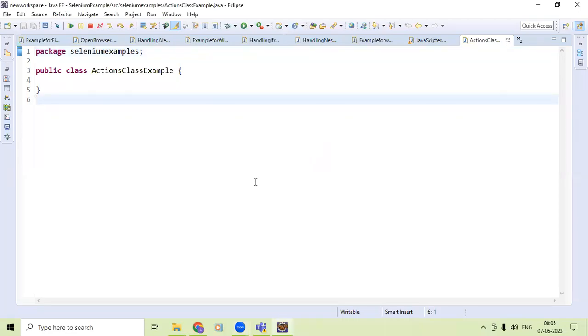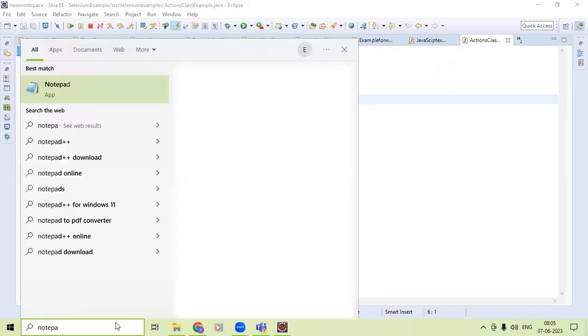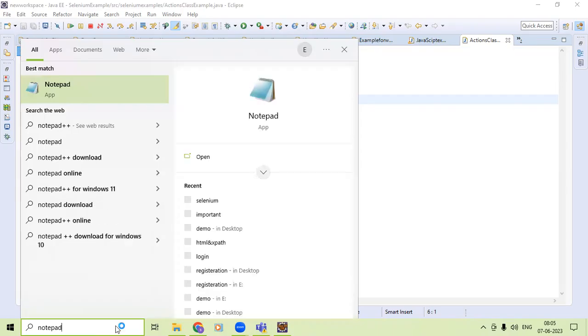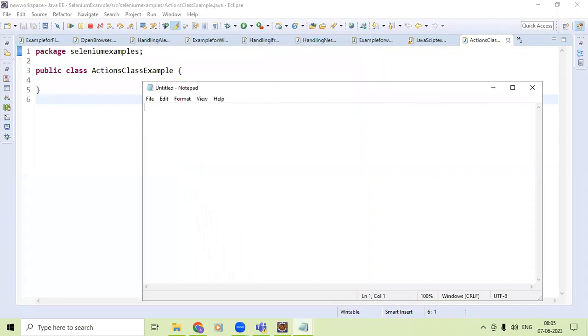Okay, so today we are going to discuss an important topic, the Actions class. Let's see what the Actions class is and what it is used for. Let me open the notepad. Using this Actions class, we can perform multiple